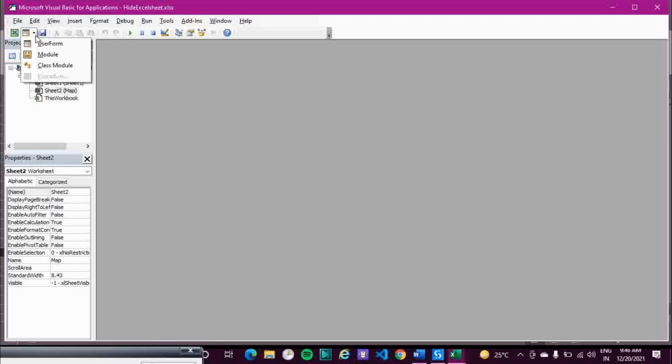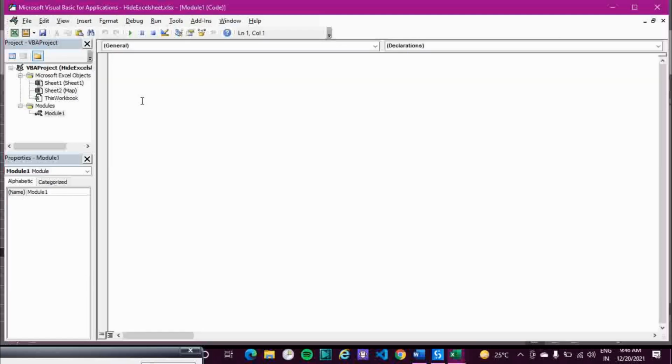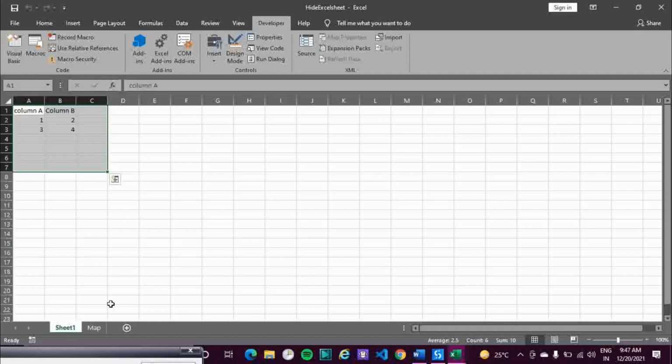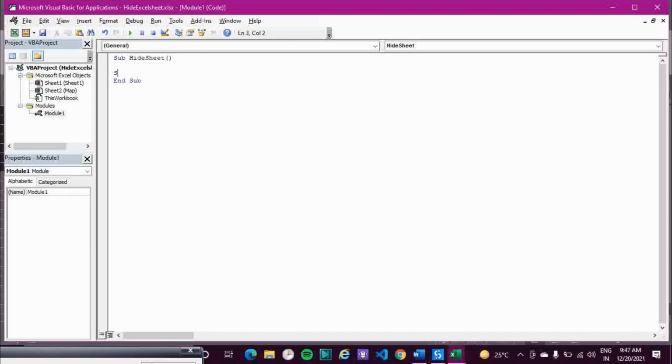Over here, click on the drop down menu, click on module. So here I'll write the code: Hide sheet. Okay. Hiding the sheet means I have to activate this particular sheet. Let's say sheet 1 is activated, so I need to make the map sheet active. To do that, I write Sheets of map dot select,